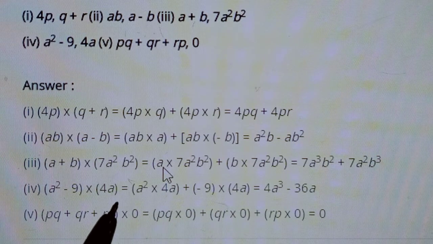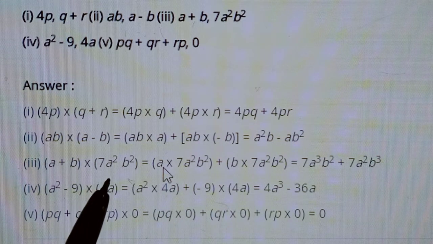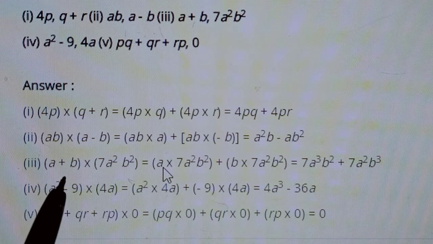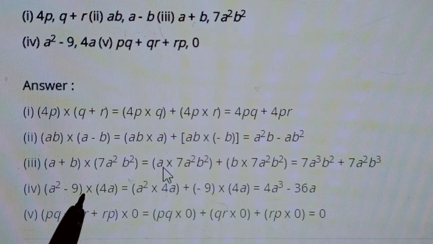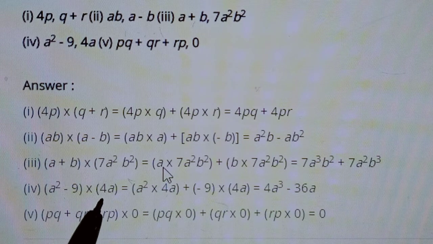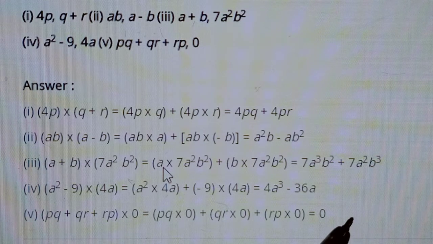You just need to understand that what we are doing is multiplying this 4a with everything that is inside the other bracket, inside this polynomial. As many terms as there are inside the polynomial, each of them will be multiplied with 4a. That's the idea. Now for the fifth one, multiplied by 0, we don't need any working, children. We know anything at all multiplied by 0, straight away you can write the answer as 0.